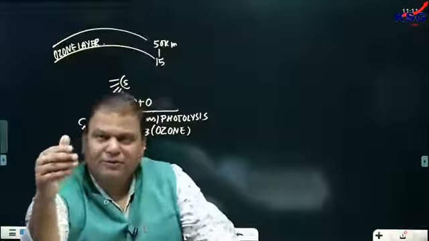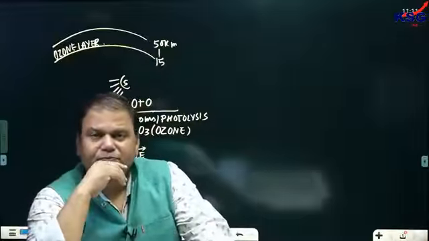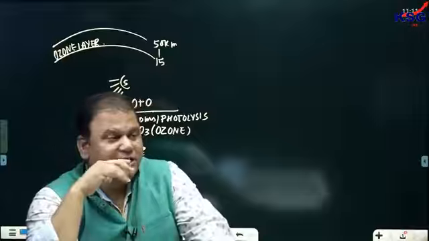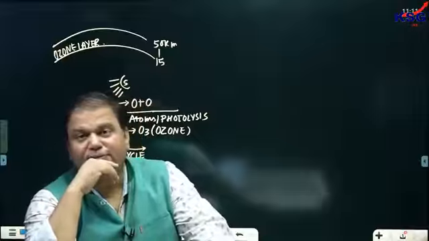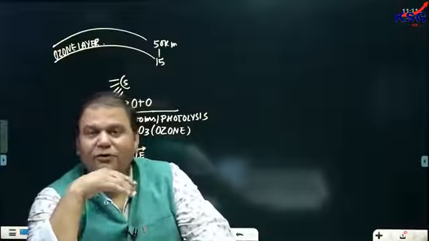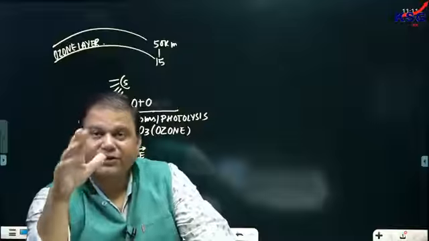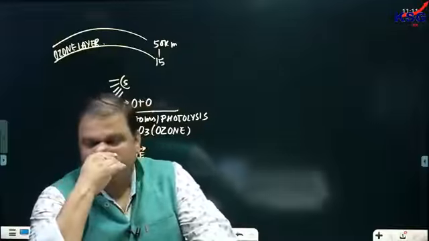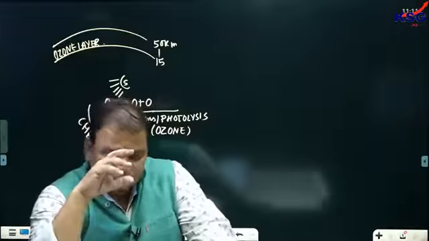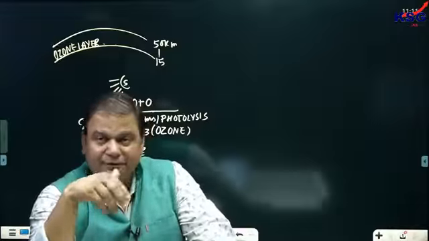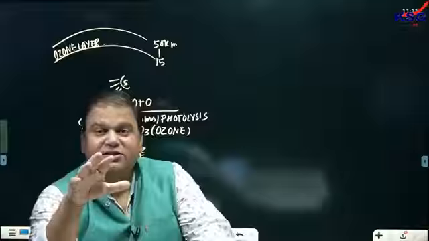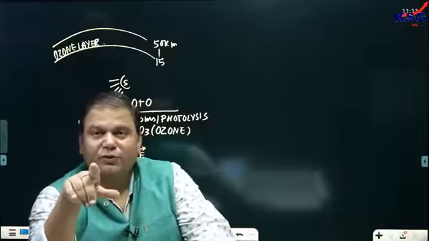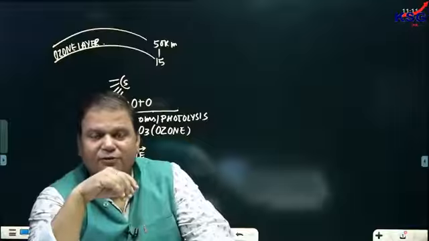There are many benefits of O3 also. When ozone layer is present in stratosphere, it is responsible for filtering the harmful UV radiation, and we'll discuss the types of UV radiation. But the benefit of ozone is that it is used as a sterilizing agent for air. Ozone is also used for purification of water.